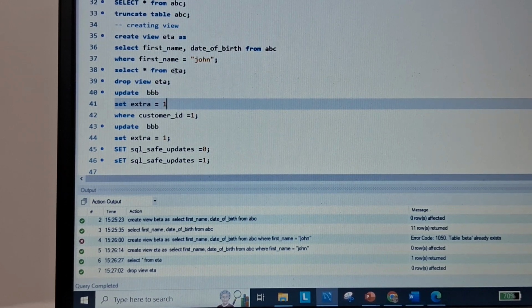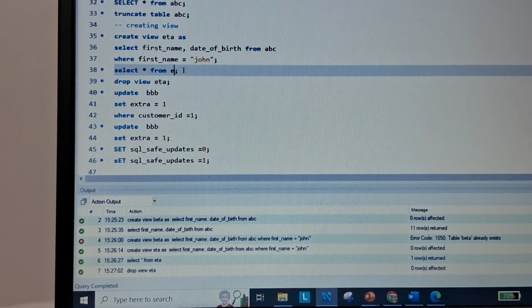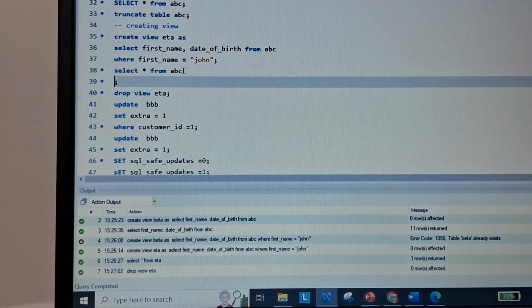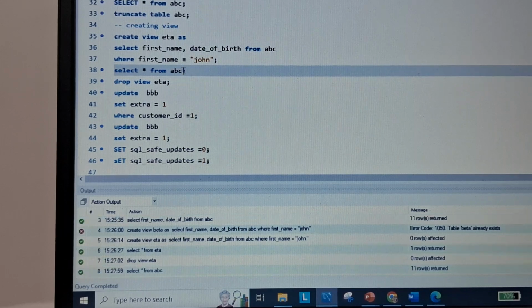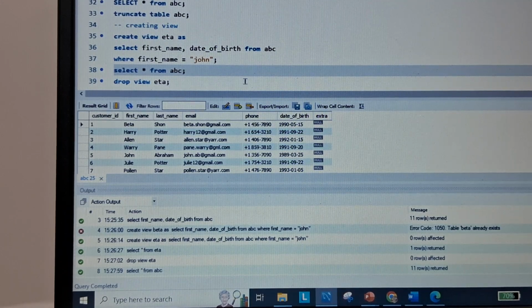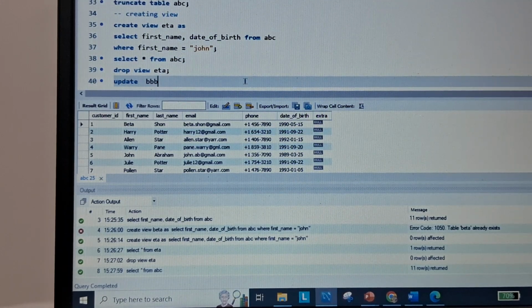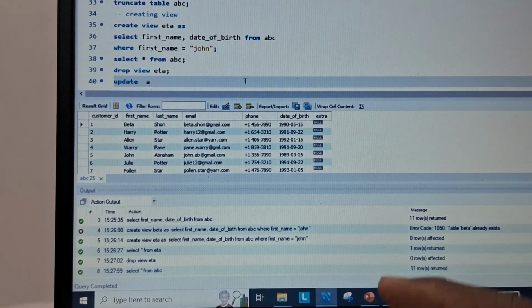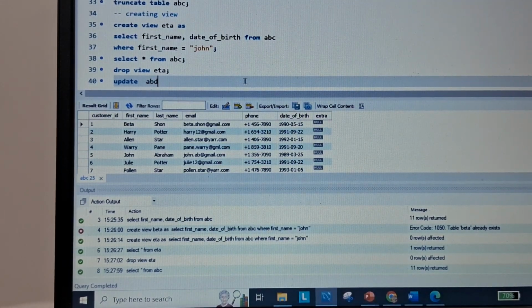So I'm updating here. Our table, ABC, has an extra column, but all of the values are null. So I just want to add some values in it. I'm typing the update command here. Update command is part of the DML.